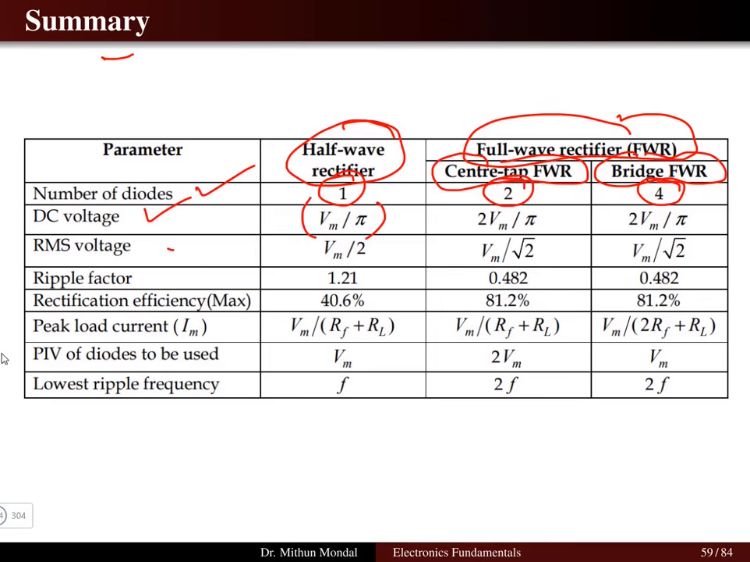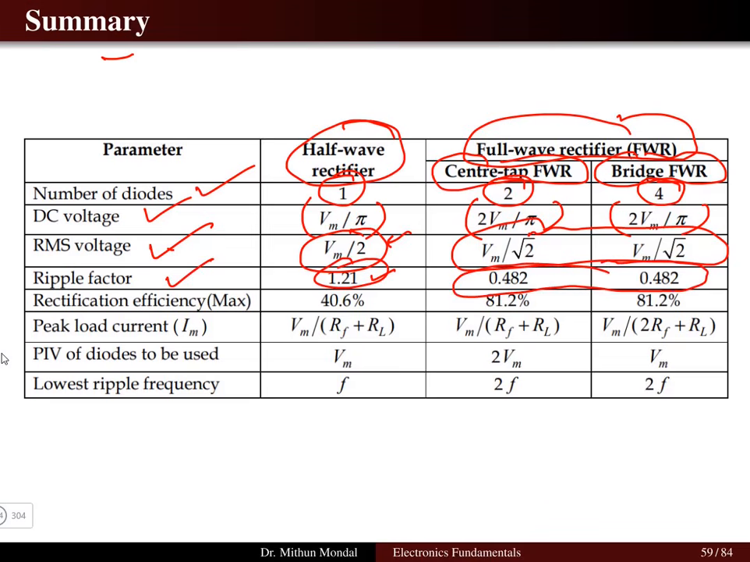Here we are getting 2Vm/pi and 2Vm/pi for both the center tap and bridge rectifier. The RMS voltage is Vm/2. Note here we are not dividing with root 2, but in the full wave rectifier we are dividing with root 2. Ripple factor is 1.21 for half wave rectifier, which is more as compared to the 0.482 in case of